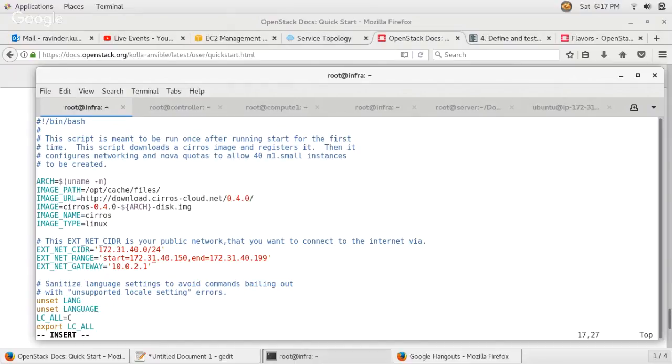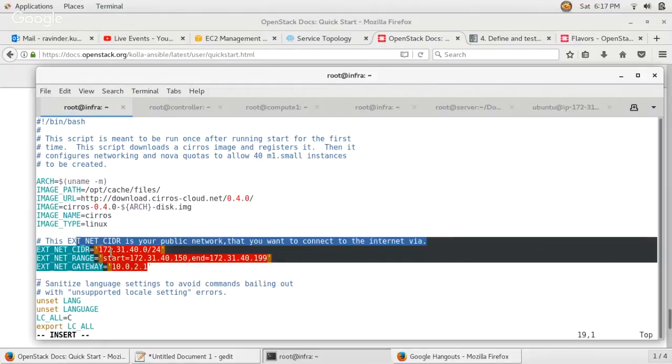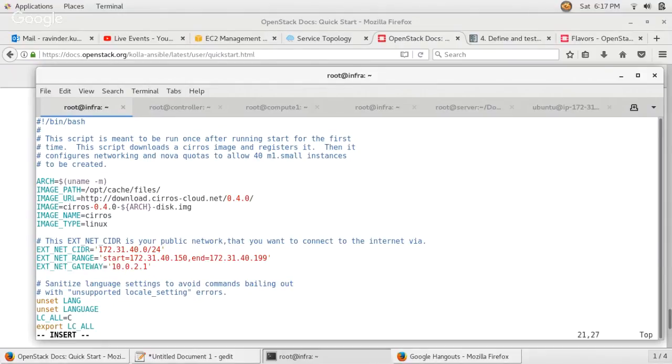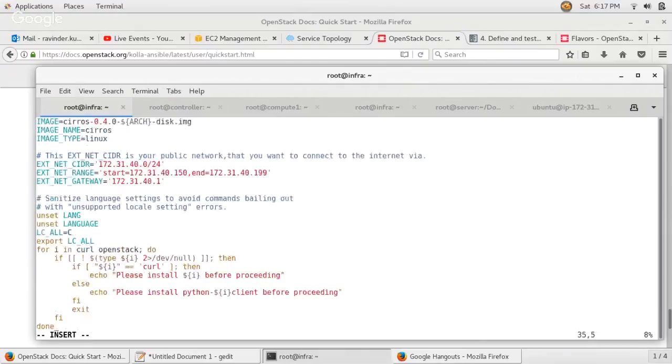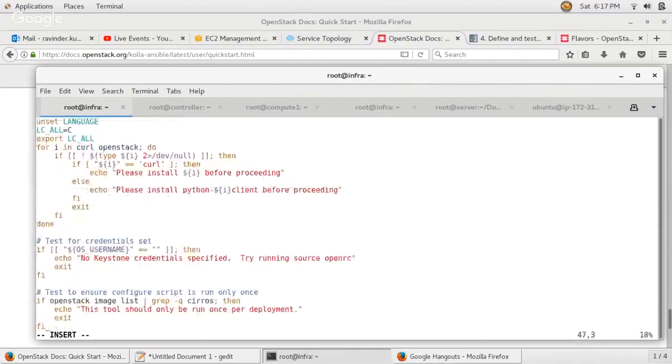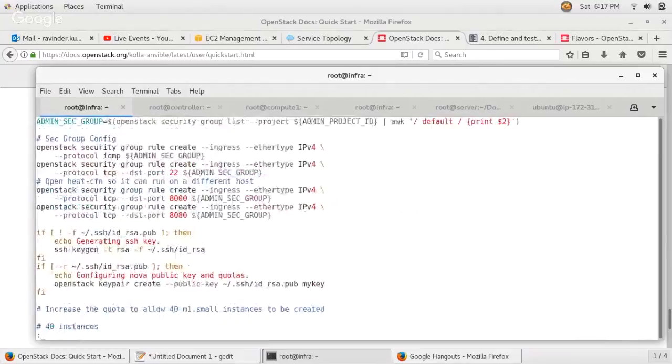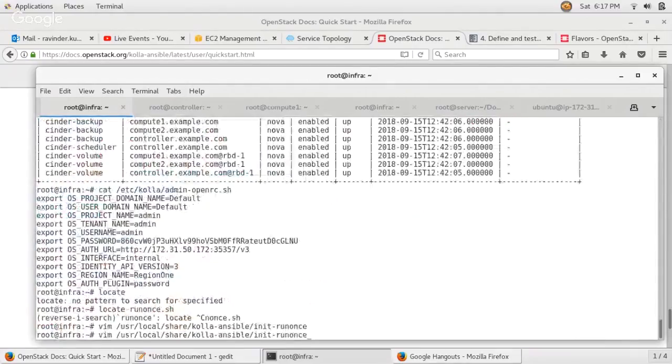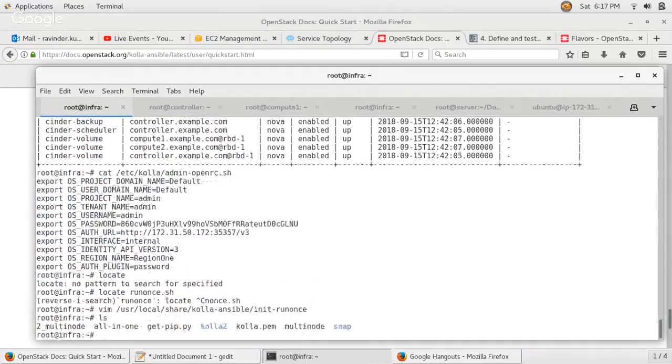This is the network area. So I have changed the configuration for the external area. Other things will remain the same, and just one thing remaining: the gateway. So this is my gateway, 40.1, and now it will be done easily. So I'm just running this script. Let me check if